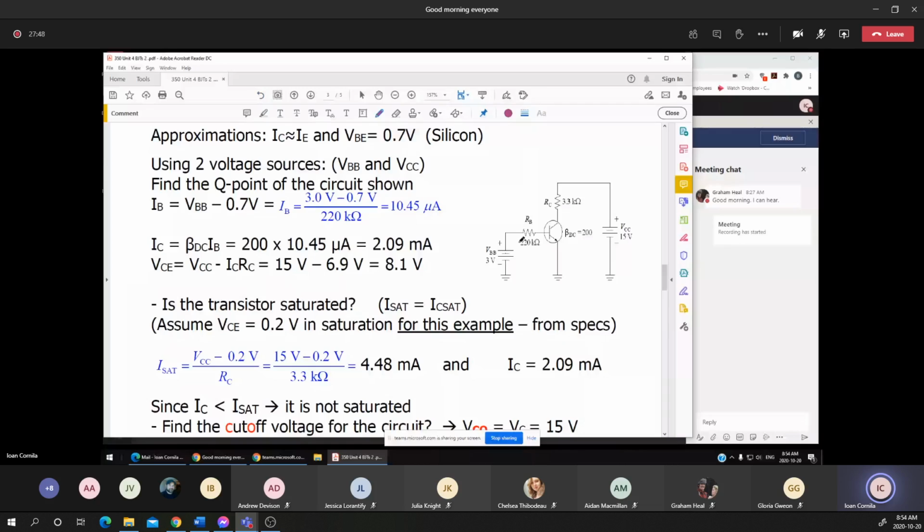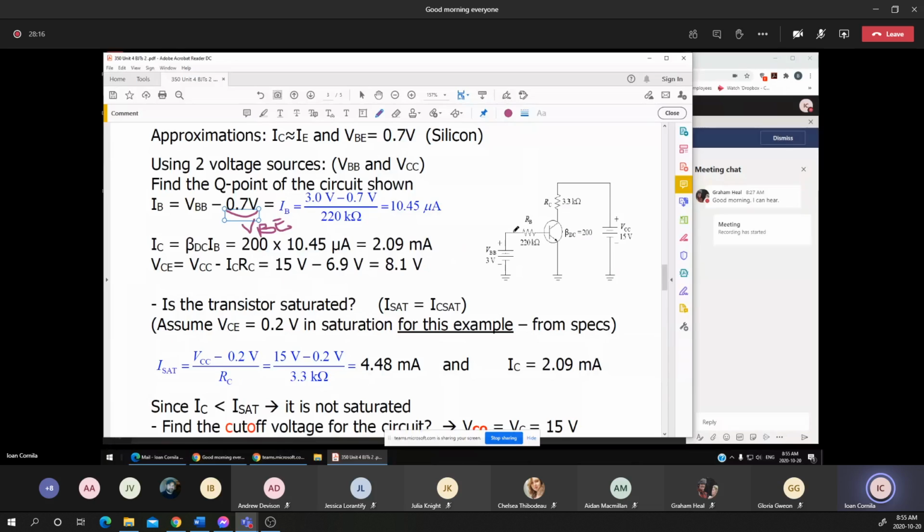And that's the VB, or the supplied voltage, the VBB, minus the 0.7. You notice that, again, the base emitter voltage is 0.7. Again, that's the voltage VBE. Applying the KVL on the input loop, the VBB is the